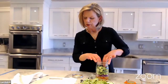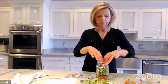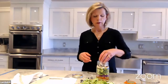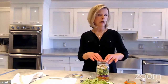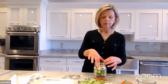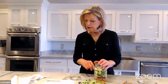And we're going to add our sliced mushrooms. Mushrooms are great. They have a lot of antioxidants and phytonutrients that are cancer fighters. That's one of the big things about mushrooms, is they're cancer fighters. And one of the things that you can do is take fresh mushrooms and dry them outside in the nicer weather, turn them belly up, and they absorb the sunlight and they can help create vitamin D3. So it's a decent food source of vitamin D3. Okay, then we're going to add